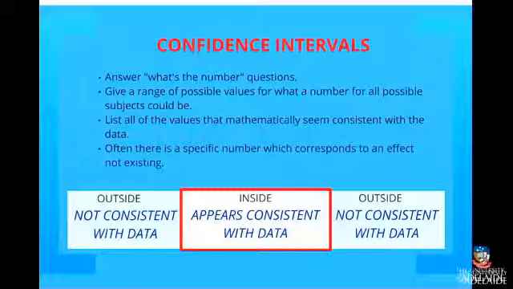But you know that you're trying to estimate this for everybody who could possibly be in this study. It's all about everything that could possibly happen, and so you know that just that one number is probably not right. So you give a range of the possible numbers for what that number could be for all possible subjects. It lists all of the values that mathematically seem consistent with the data. So you get two numbers, and between those two numbers, those values appear consistent with the data, and outside those two numbers, they appear not consistent with the data. They normally say 95% confidence, and there are different levels of confidence you can have in this. Often there is a specific number which corresponds to